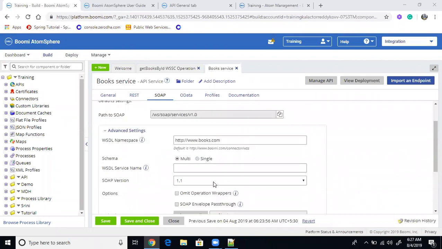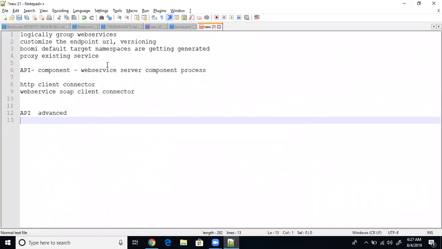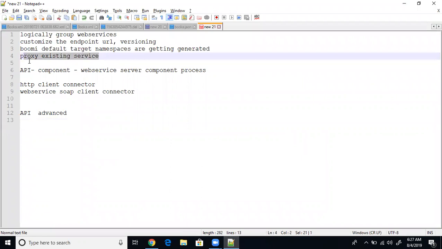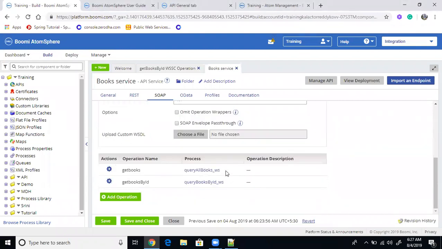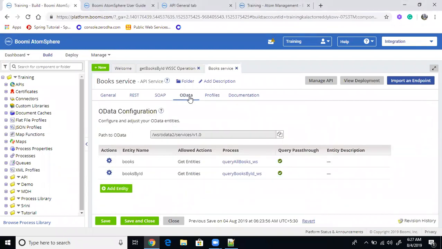Okay, I'm back. So these are the few options I told you that we can use for proxy services, and for that purpose, we will be using these options. First, we'll not be looking into this right now. So we'll go with this. And even for OData profiles also, there is some standard we need to follow